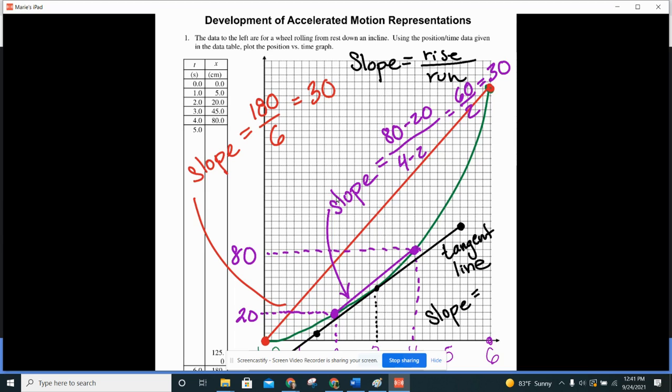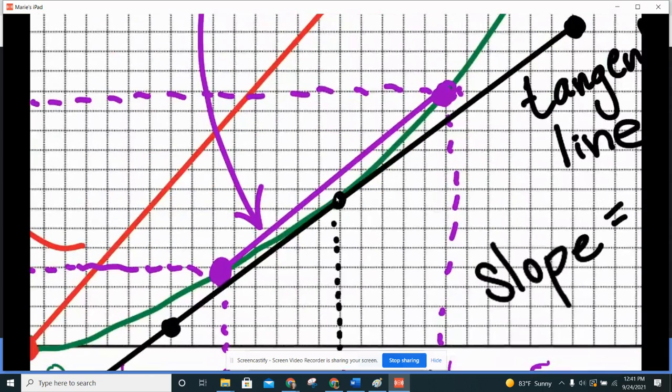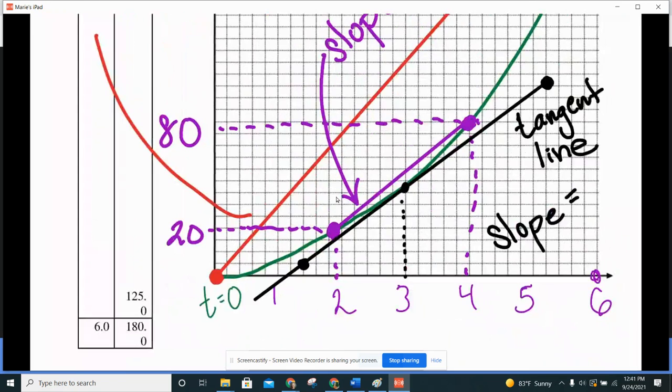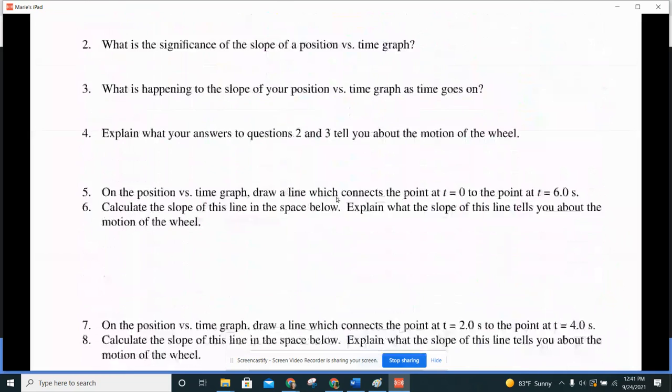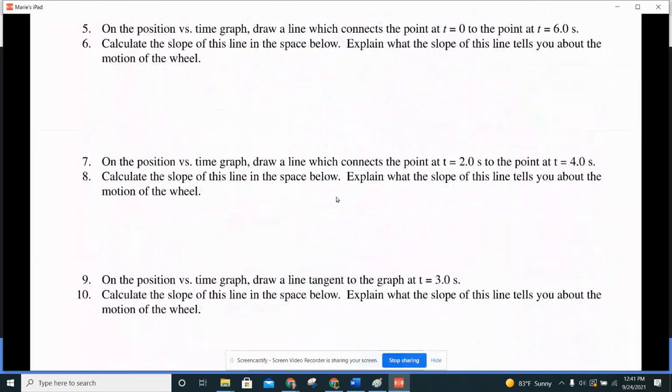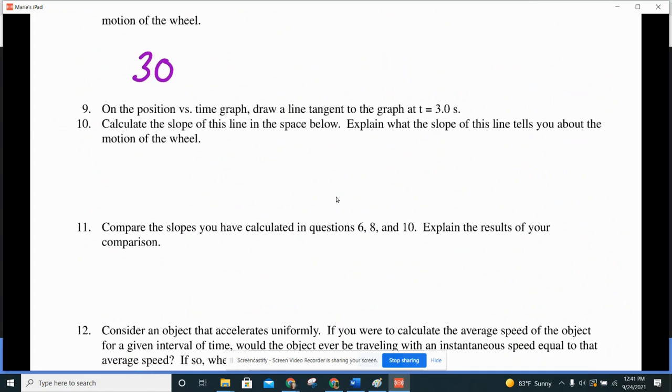Then for the next part, you found your tangent line. The tangent line is where the line is parallel to your graph. So we picked out a tangent line that matched your graph. I expect that everyone got a slightly different tangent line because it depends on how you drew it. I'm hoping that everybody has a very similar tangent line because you all started with the same graph. So your answer to 6 was 30, answer to 8 was 30, and for number 10,